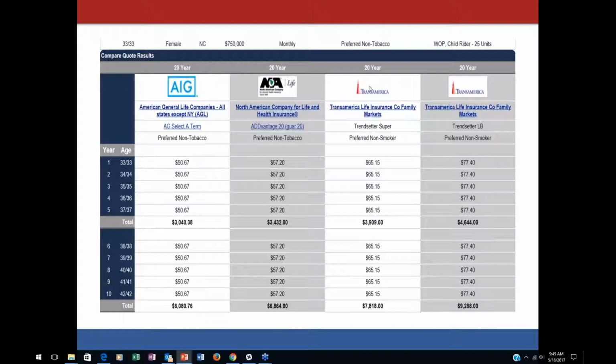But on the screen, I wanted to give you a kind of a little lesson. I brought up Trans-America. This happens to be the product called the Trendsetter Super. As you can see, the comparison was $50 with American General, $65 with Trans-America. Well, that $15 is probably enough for me to say I'm going to lead my client more here than I would here. But the reason I'm bringing it up is you have to be careful when you're doing product selection and